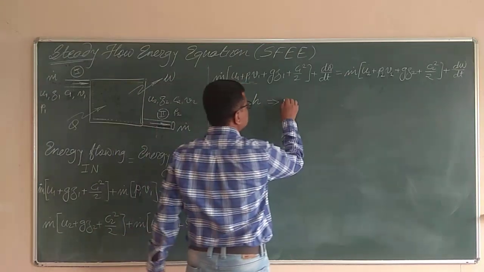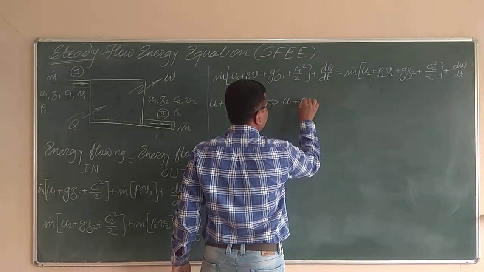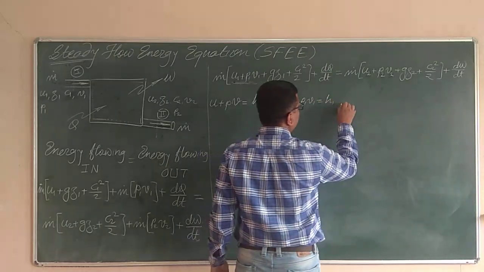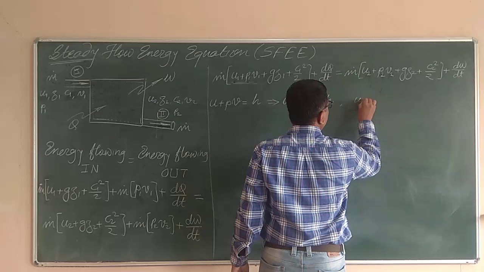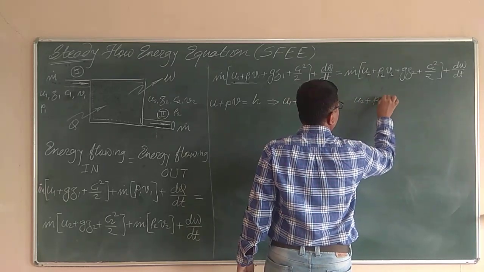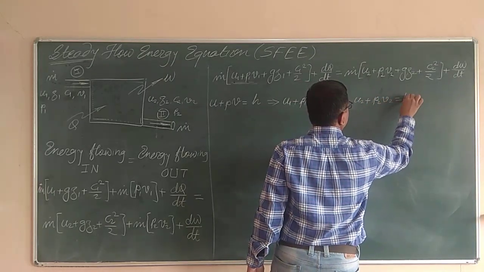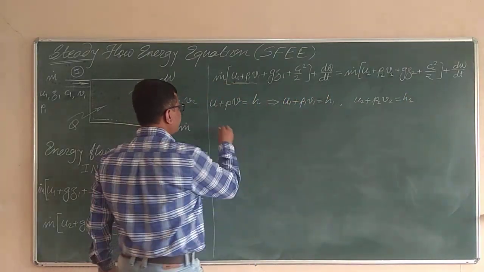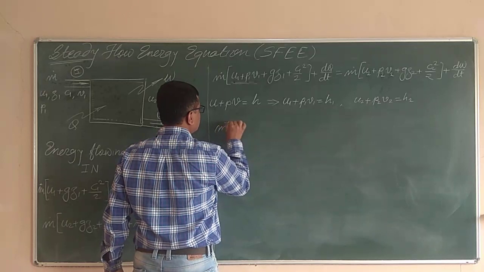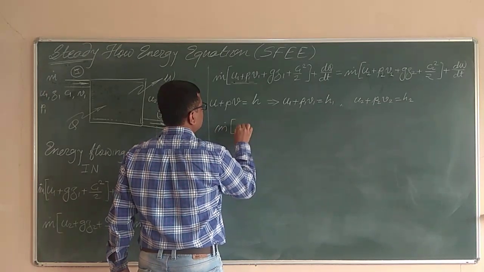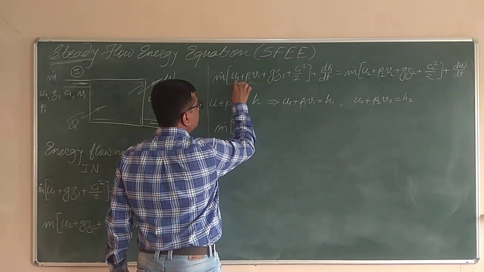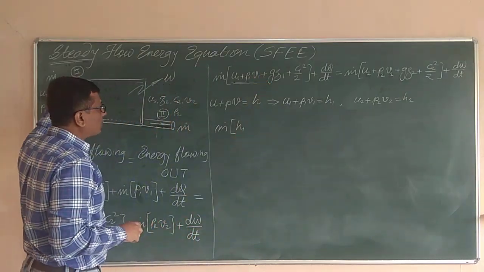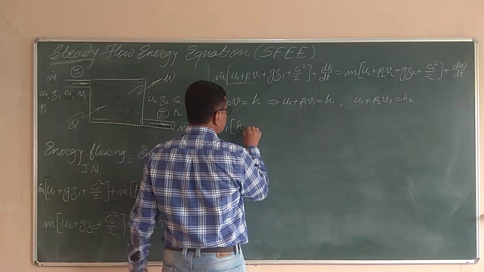So I can write U1 plus P1 V1 equals H1, that is the enthalpy across section 1, and also U2 plus P2 V2 will be equal to H2. So if I put these values into this equation, what I will get is m dot into H1. Now instead of U1 plus P1 V1 I can write H1, which is nothing but the enthalpy of the fluid across section 1, plus